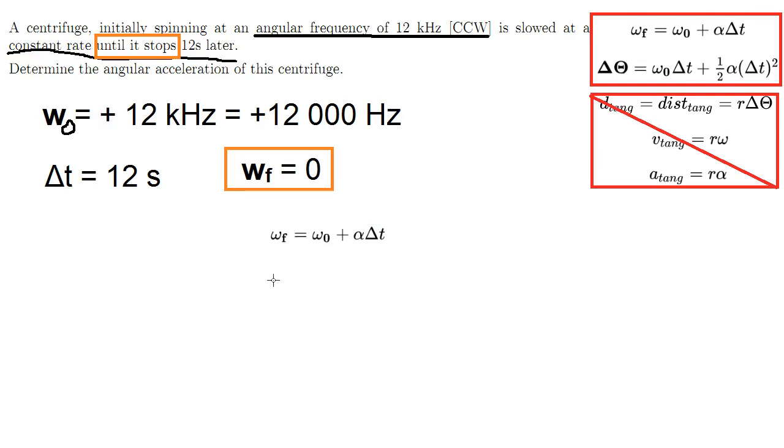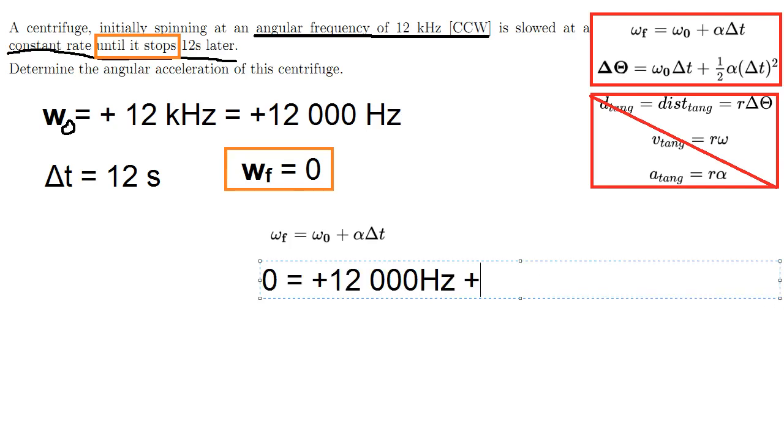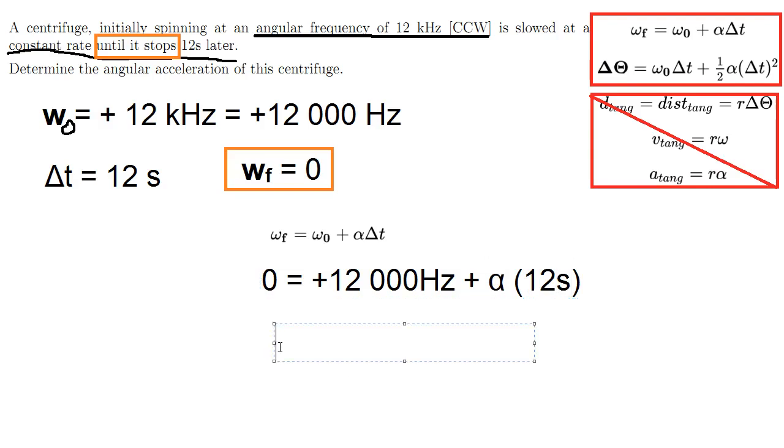So what we can do here is we actually have all our quantities. All we need to do is plug them in. So here, our final angular velocity is 0. Our initial angular velocity is plus 12,000 hertz. And this will be equal to this added to the angular acceleration alpha times the change in time, which we know to be 12 seconds. So we can rearrange this and solve for alpha. If we do so, what we'll find is alpha here is going to be, first of all, negative,